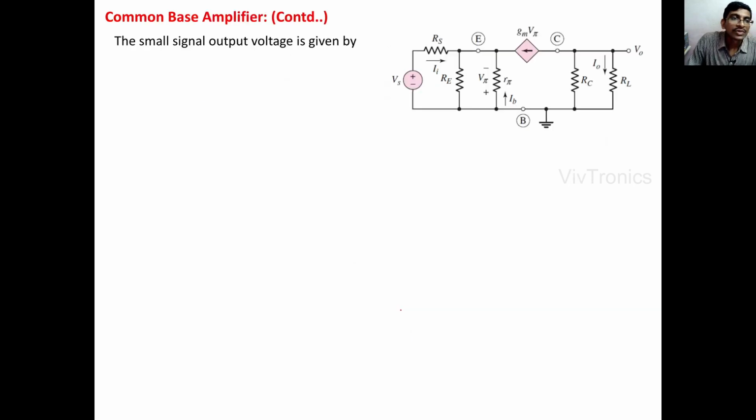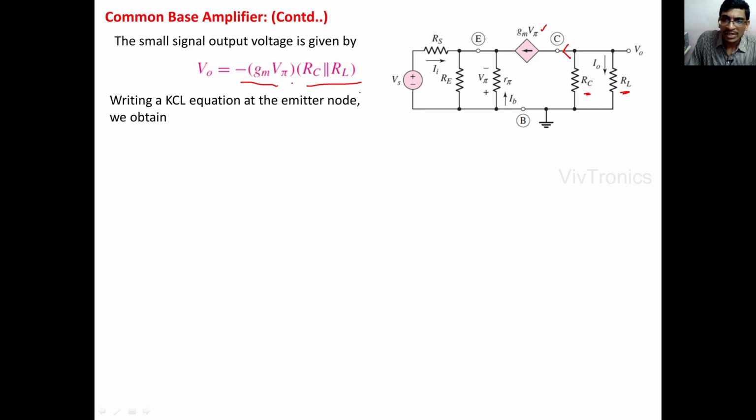Okay, now the small signal output voltage for this circuit can be written as V0 is equal to, V0 is the voltage across the parallel combination of RC and RL resistances. Therefore the current in this parallel combination of resistances is nothing but the total current. Okay, the total current is gm V pi and the direction is opposite to the load direction, therefore that will be equal to minus gm V pi, that is the current, into the parallel combination of resistances RC parallel RL.